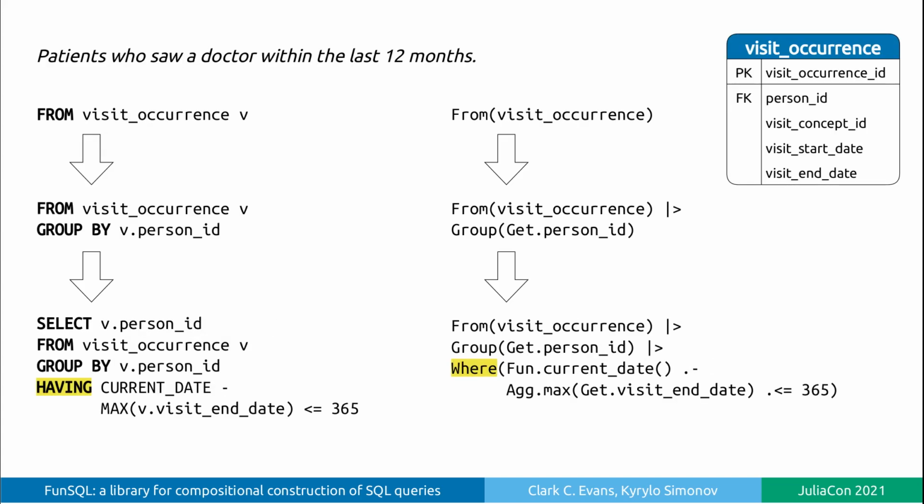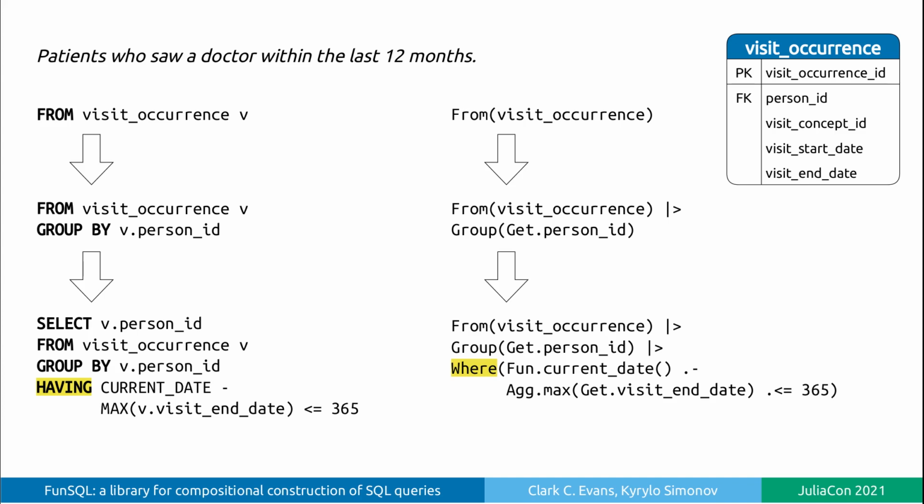In the next example, an aggregate function is used in a condition to filter out certain groups. SQL provides a special clause for this purpose, called having. The reason why SQL needs another filtering clause is that the standard filtering clause, where, is applied before group by and therefore cannot be used with aggregate functions. On the other hand, FunSQL allows where to follow the group constructor so that it can freely use aggregate functions.